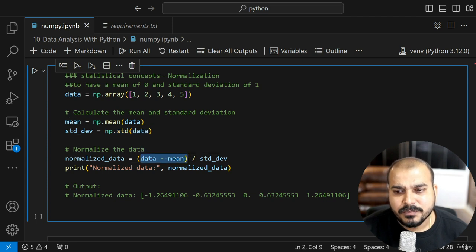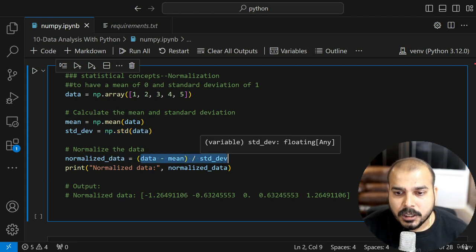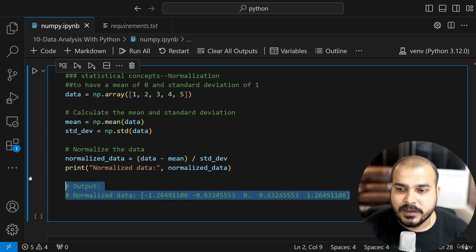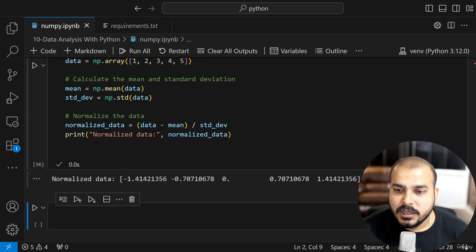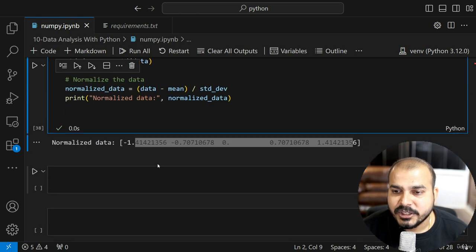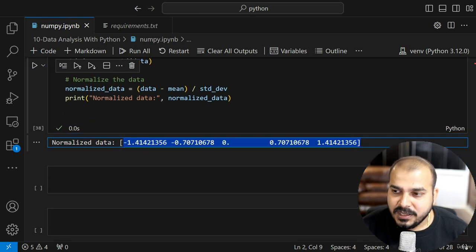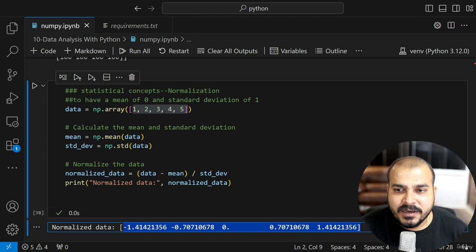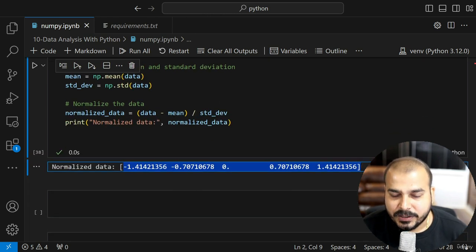It is nothing but data minus mu divided by standard deviation. This is also called a standard normal distribution. And here we can probably go ahead and display our output. So this is how my output looks like after normalization. Initially, this is what my data is. Normalization is nothing but converting this data in such a way that your mean is 0 and your standard deviation is 1, right? And it is specifically used in statistical concepts, and we do a lot of things with respect